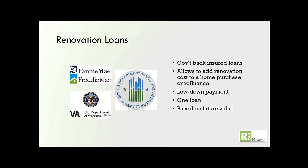So let's talk a little bit about how these renovation loans work. These are government-backed mortgage loans. I've worked extensively with the Fannie Mae product, that's the HomeStyle, and then the HUD 203K program. Freddie Mac recently announced a renovation loan product. I've reviewed it. I haven't really seen a whole lot of,